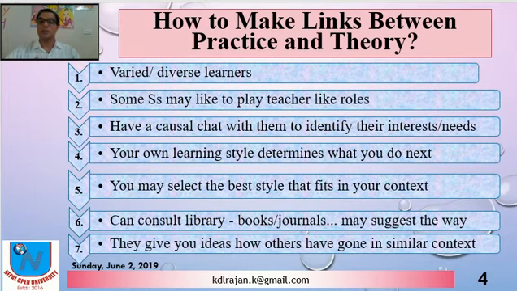Then we have to think about our own learning and teaching styles and move on from there. We may select the best style that fits our context, because there are different techniques and methods of carrying out the investigation, and we should choose the one that best fits us.